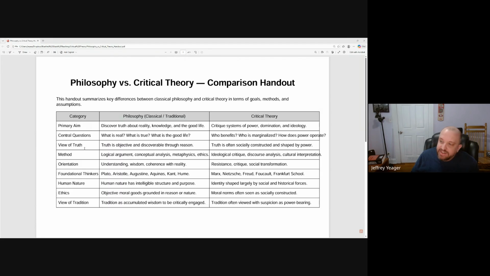Whereas if you read a theorist, they might ask a question like, okay, why are you reading Aristotle? Maybe reading Aristotle is teaching you how to think in a certain way so that you can be exploited. It's constantly asking questions about what types of ideologies are being put out there. You guys can kind of see